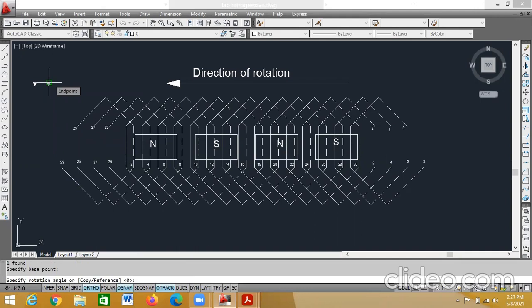Rotation angle, you give it as 180 degree, enter. Or again, you can go for polyline. Click here. H, enter. Half width, 0.2, enter. 0, enter.